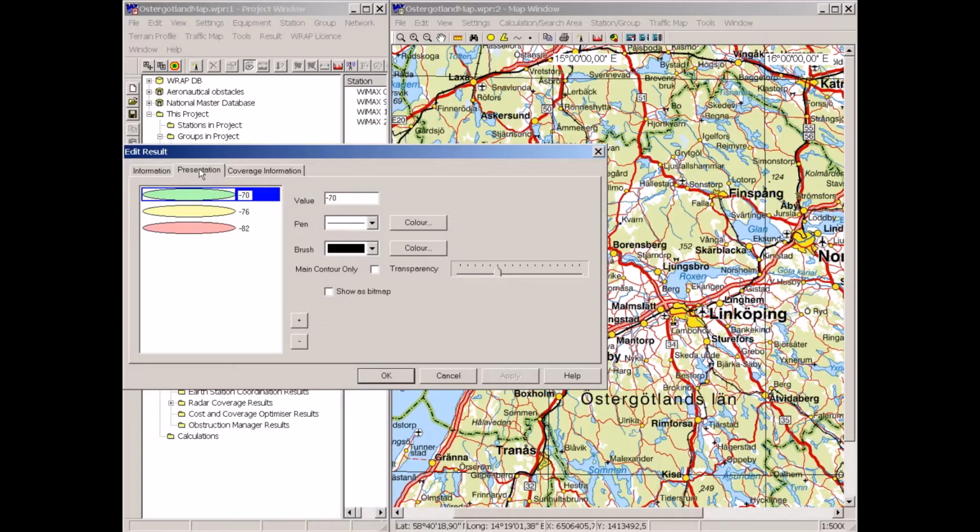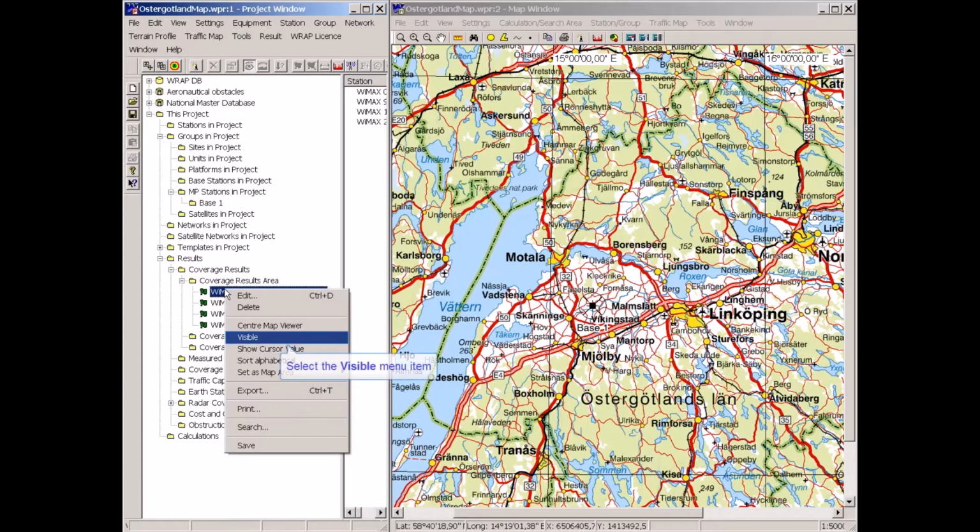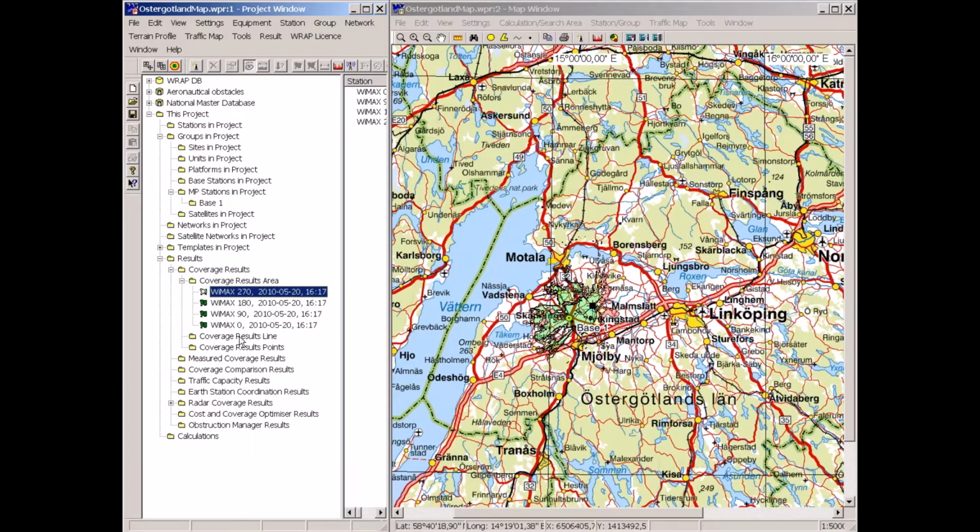it usually is necessary to plan for a higher level than the sensitivity level. So these represent 6 dB higher and 12 dB higher than sensitivity. The results can be shown individually in the map, like that. Let's zoom in around that coverage display,